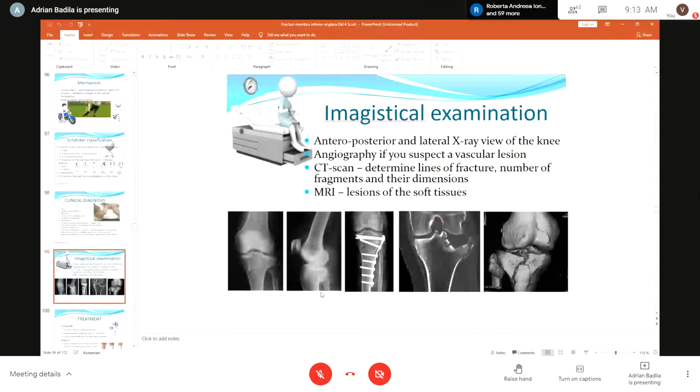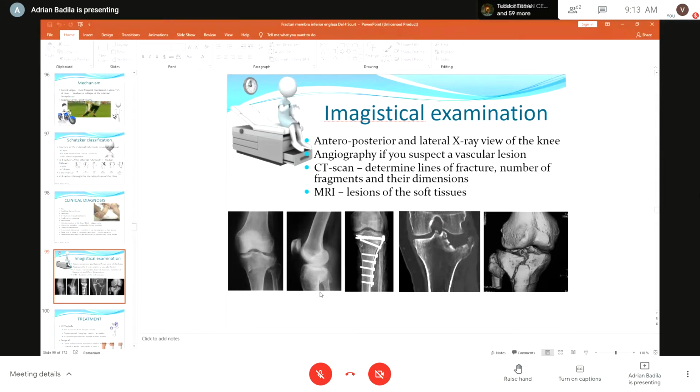The diagnosis of such a fracture is based, of course, on the imagistical examination. First, we will ask for the classical anteroposterior and lateral X-ray view of the knee. The angiography can be useful if you suspect a lesion of the great vessels at this level, the popliteal artery